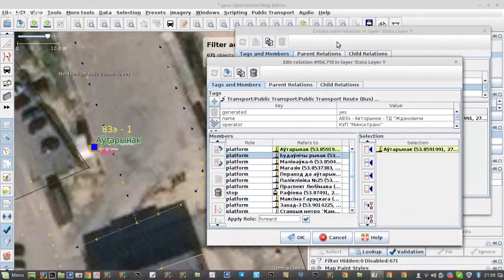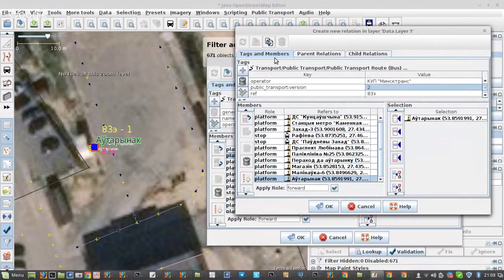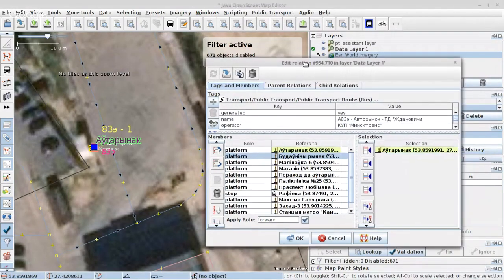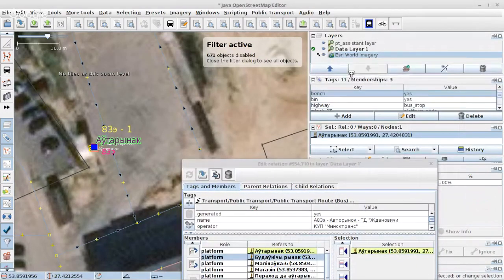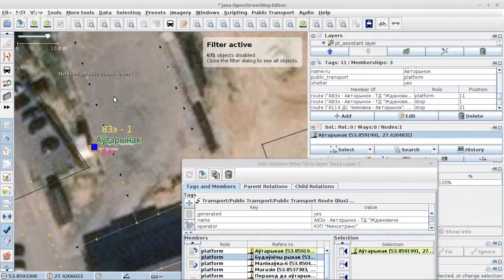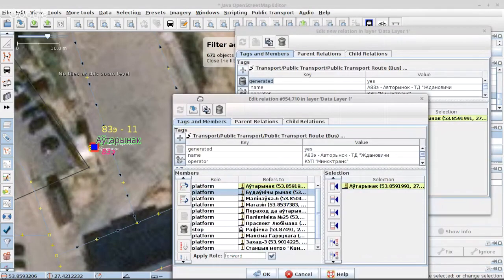This one. And it's also the last stop for that one. Okay, it's because this one is not saved. So I'm going to save it and then open it again. So I created a new relation, but actually the editor here doesn't know about it. So there is the 11th spot. Okay. So now if I look at